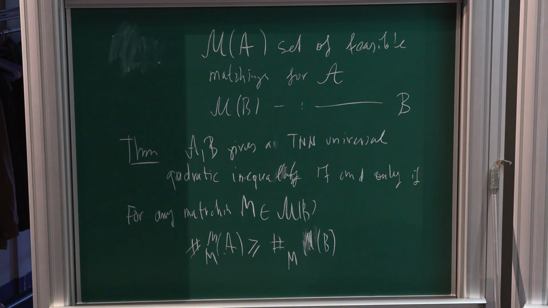Why do we call it universal? Because it's a weaker statement? Universal because it holds for any matrix. You just get some inequality. For some matrix, you can choose some numbers, so it's totally non-negative, but for another matrix it is negative. Universal means that it does not depend on the matrix.